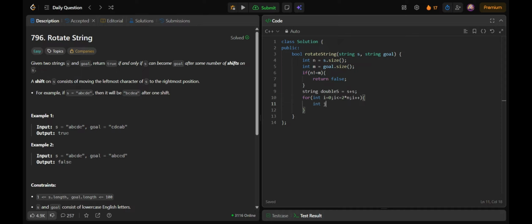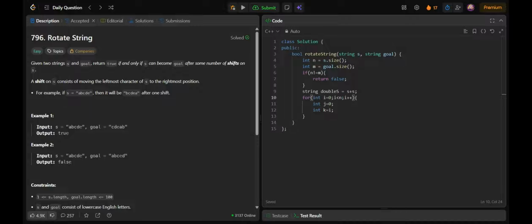And then I'll have int j is equal to 0 for checking within my goal, and int k is equal to i, which is for iteration within my string s. Okay, i will give me the starting point. Although it doesn't require going till 2n, its requirement is to just go till n.